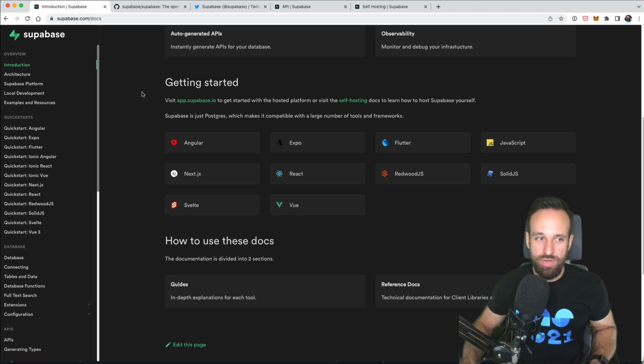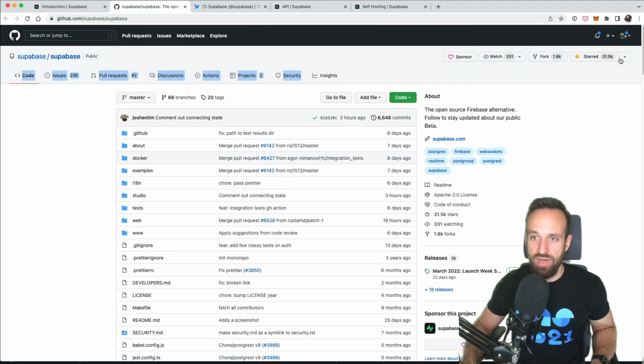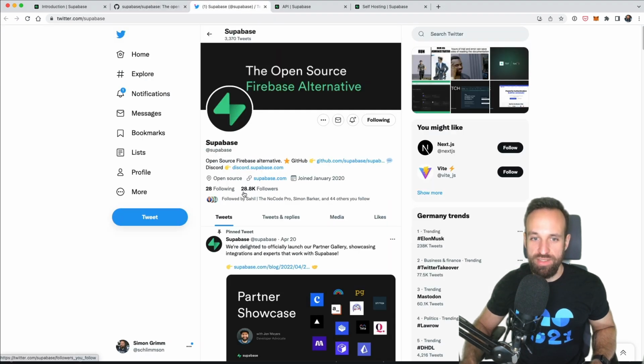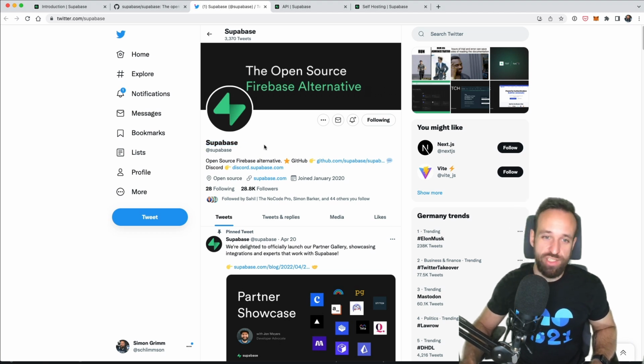In terms of the community, I found Supabase to be, I think, the biggest or second biggest. So on GitHub, we have 31k stars, a bit more, and we got, not that this is really important, close to 30k Twitter followers. This is somehow important because you need a great community for a platform like this, because then you get faster support, you get answers to your questions. So I wouldn't totally ignore this, and Supabase is pretty great.